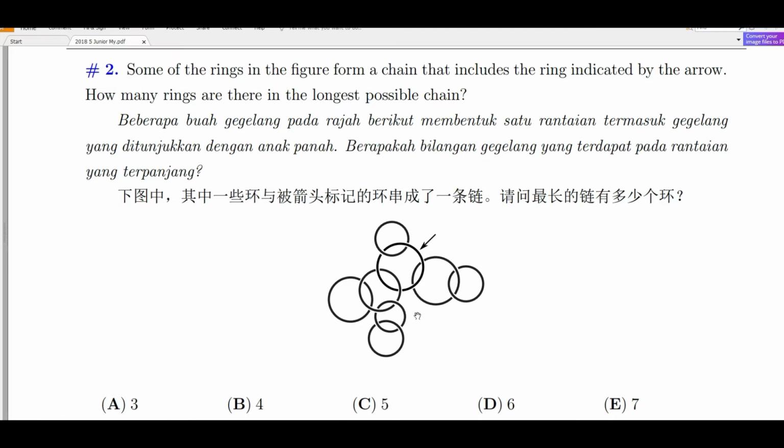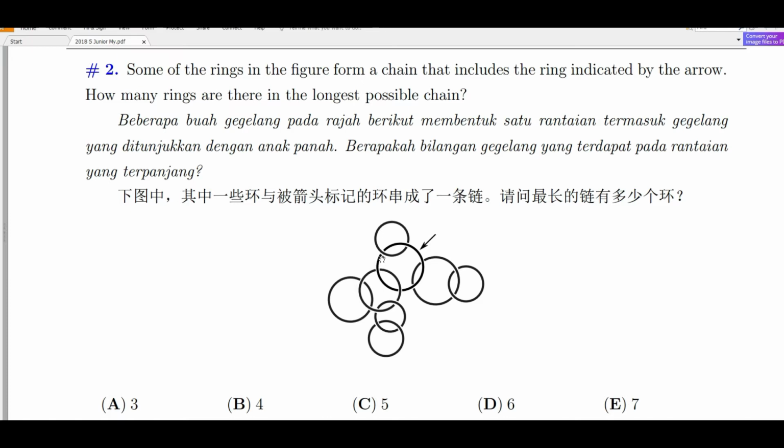When we look properly, sometimes we are cheated by the question. You see properly, this ring and this ring are not connected. You see here this point and this point. This ring is at the back of this ring, so it is not connected. Both are outside of this ring, or behind this ring. So this is not possible to make a chain. The same thing with this ring, which is behind this ring. So this is also not connected with the chain.